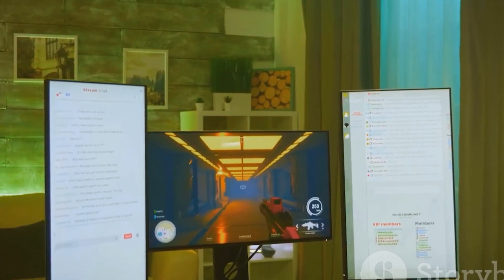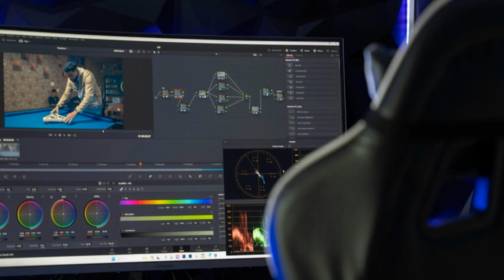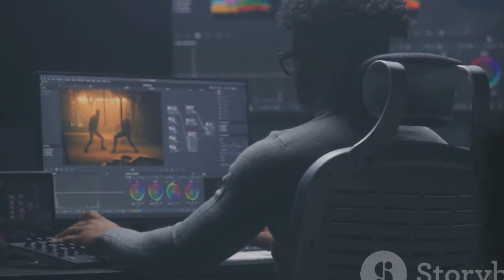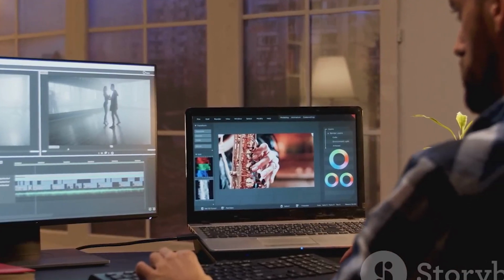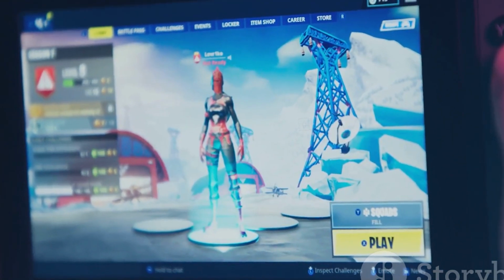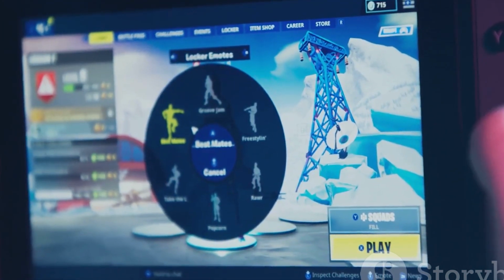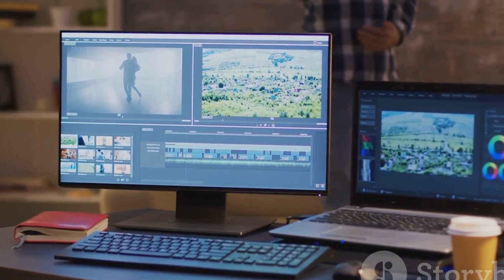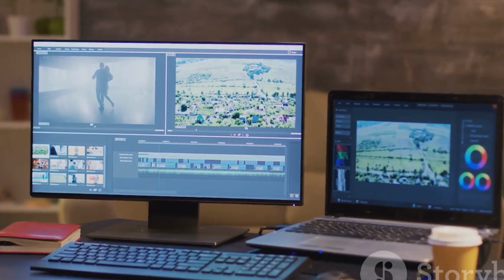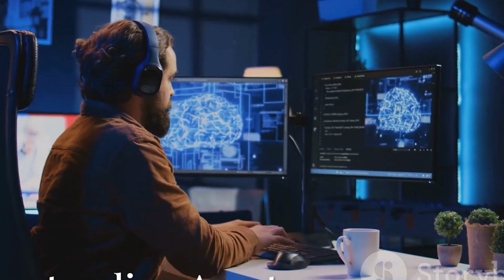Experiment with different arrangements. There is no single best layout. It depends on what you are doing and your personal preference. Some people like the content browser at the bottom. Others like it on the side. Some prefer a very minimal interface with only a few panels open. Others like to see everything at once. The ability to customize is a big strength of UE5. It allows the editor to adapt to your specific workflow, making your game development experience smoother and more efficient in the long run.